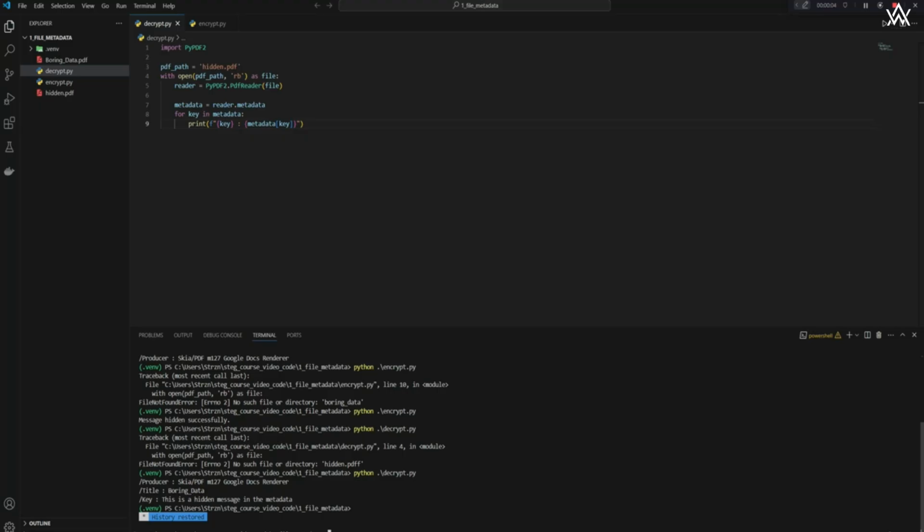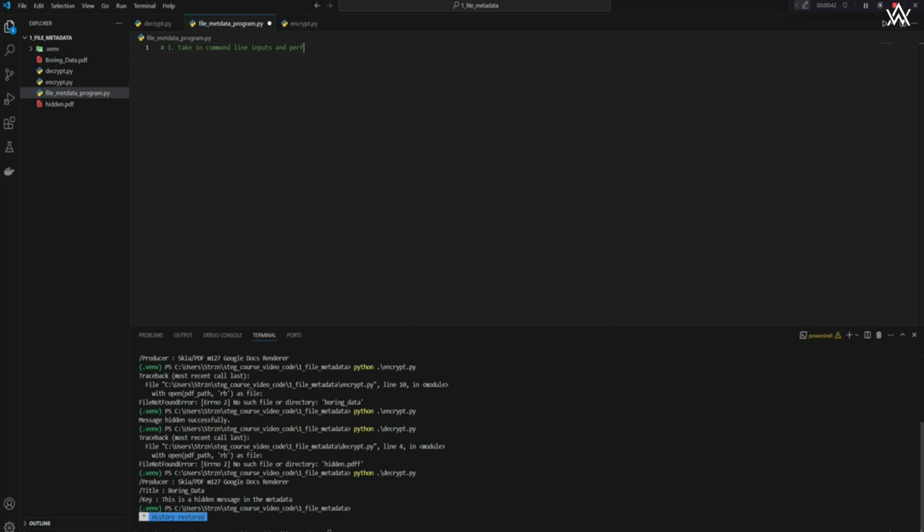We are actually going to be making the full-fledged program to encrypt and decrypt file metadata from a PDF file. So let's go ahead and get a new Python script created. So we're going to call this file_metadata_program.py. And so what we want this to do is, one, take in command line inputs